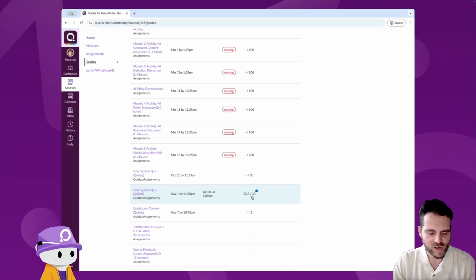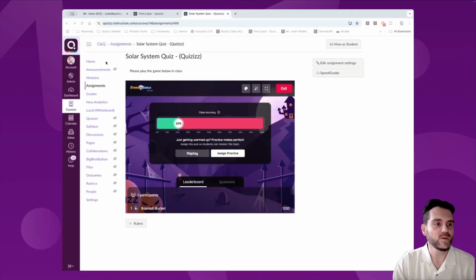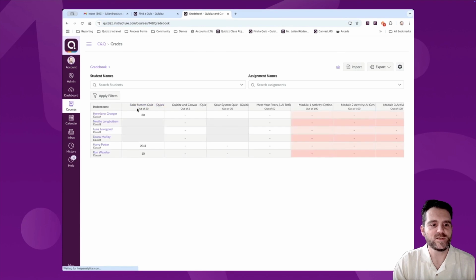As a teacher, I also do get to see exactly what was happening with my students. Let's have a quick look at a teacher's gradebook. So here on the teacher side, if I click on grades, I can actually see how the students did. And in fact, here I've actually preemptively filled in some data with some existing ones. And not only can I see that data, but if I click on the name of that activity, what you'll see,